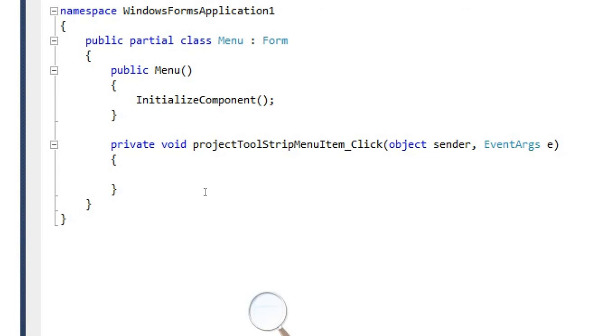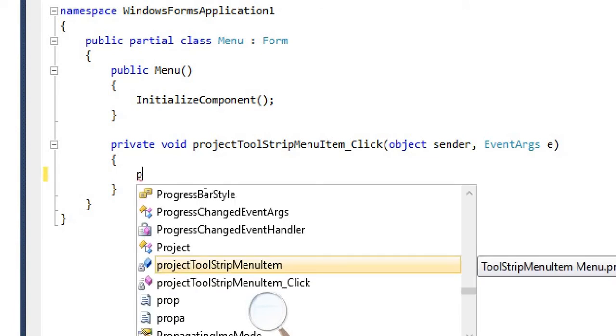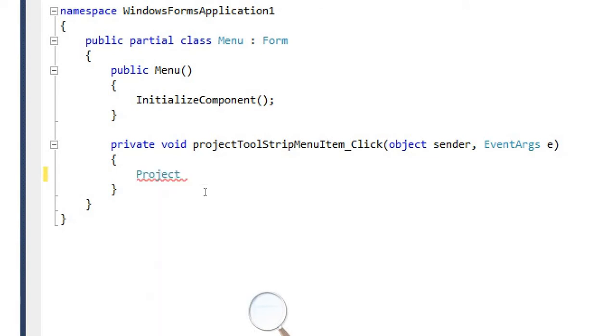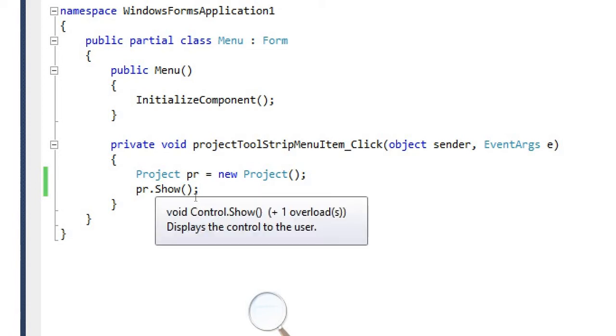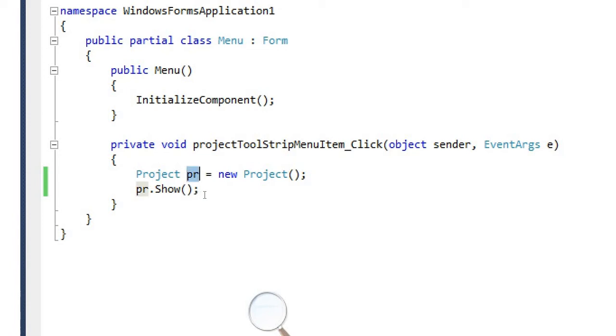For that you have to create the object: Project pr = new Project, pr dot show. This is the code to open the form. You have to create the object of that particular form, and with the help of the object we can call the Show method.